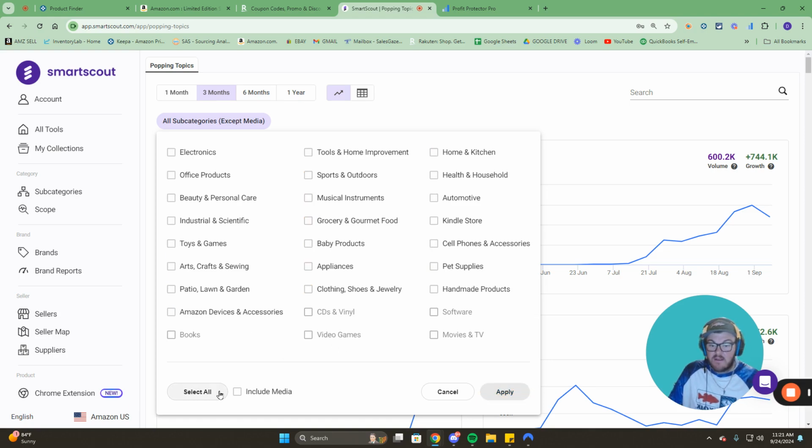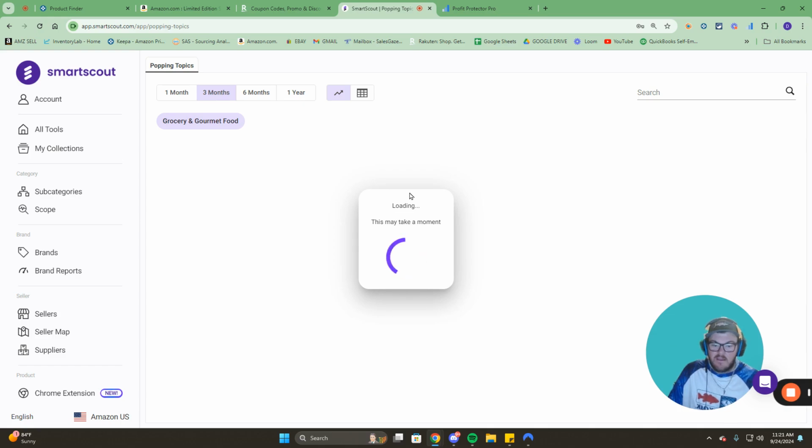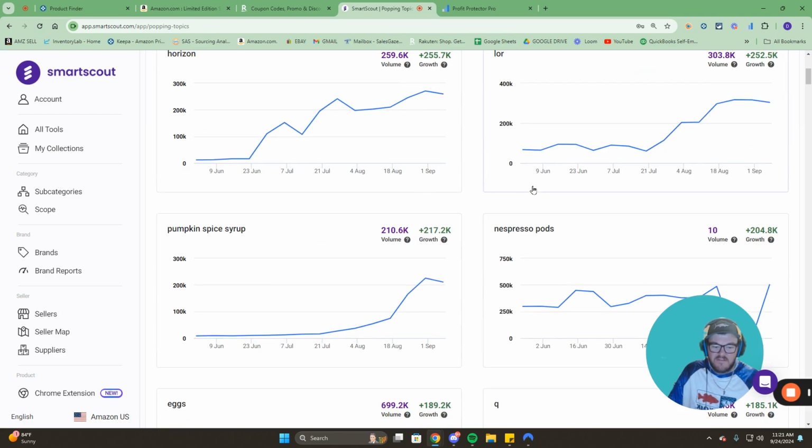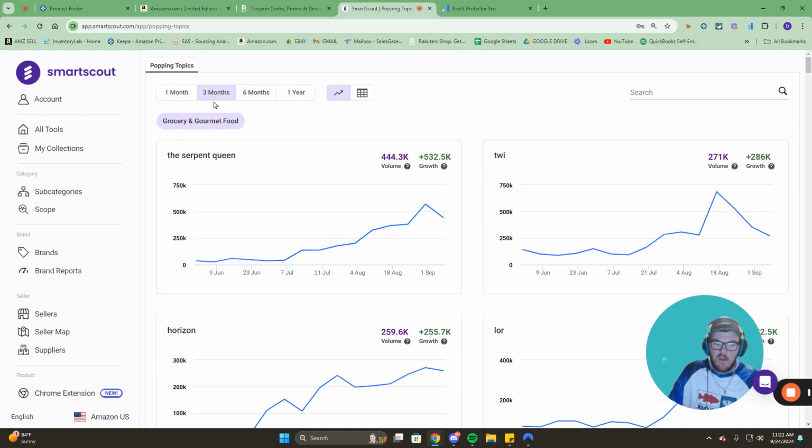So if we unselect all here and let's just do grocery, because we're coming into Q4 October, and I can guarantee you there's going to be some pumpkin spice in this popping topic. So let's just test that theory right quick, and then we'll move on. I don't know what some of this stuff is, but there we go. Pumpkin spice syrup. Definitely search volume has increased from about 8 to 9,000 to over 225,000 just in the last couple weeks. So definitely a hot product. Really cool stuff you can do with this popping topics tool